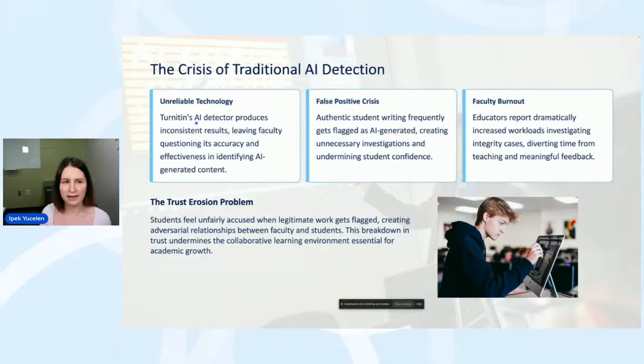It has been reported that there are inaccuracies, inconsistent results, and false positives. So a student is very sure that he's telling or she's telling, I didn't use any AI, but my instructor gave me 0 because I was tagged in AI detector. And this creates a conflict between students and the teachers, and teachers cannot really prove if it was AI generated or not. So it is also causing faculty burnout. Faculty are reporting it is taking them longer to actually try to detect whether the student used AI or not, instead of enjoying the essays they wrote and grading them.